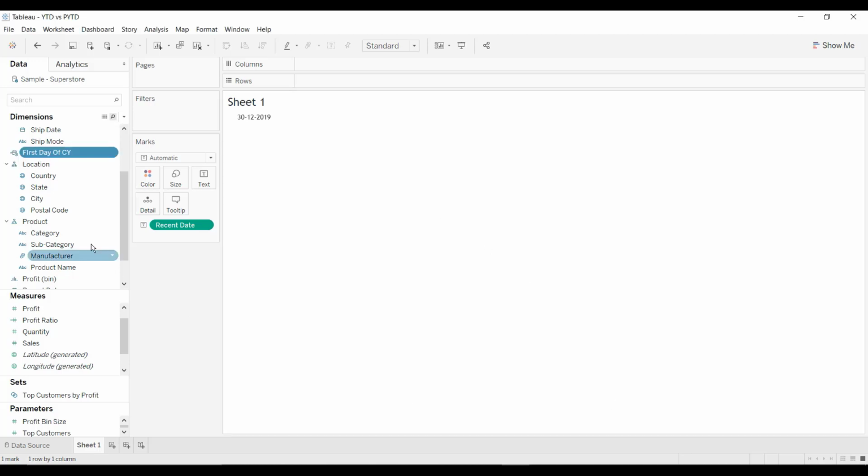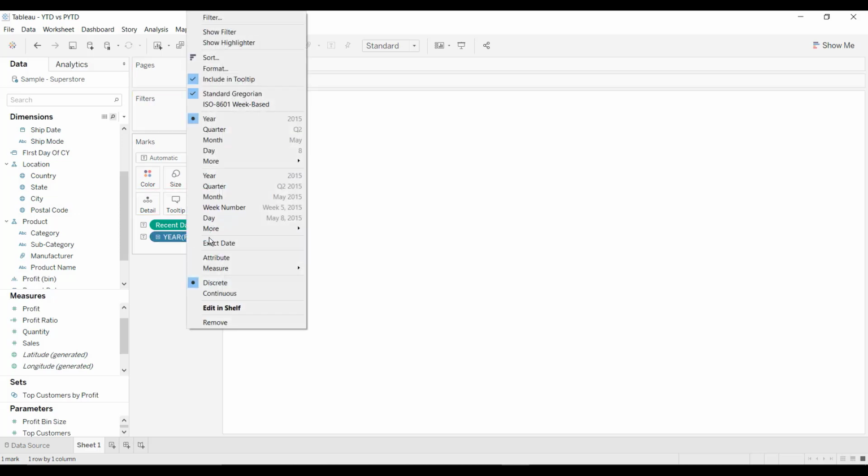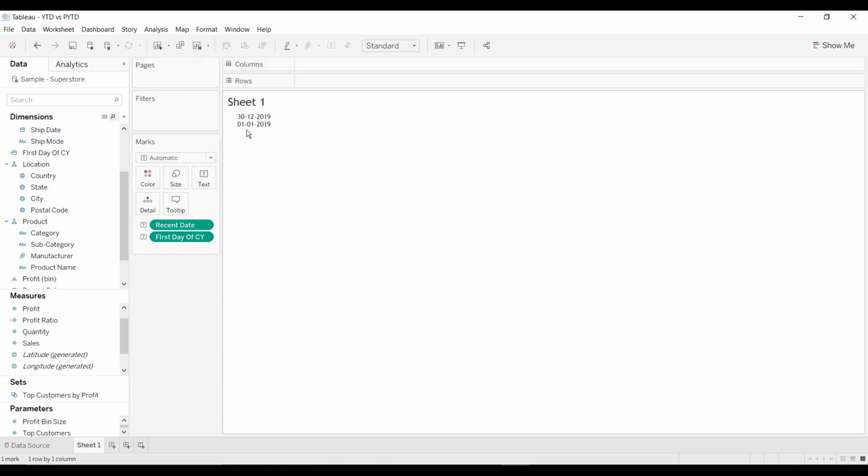Click on OK. Convert the data type into date, and drag and drop it inside text, convert it into exact date to see what the value is. So 1st Jan 2019 is the first day of my current year. So these two calculations are for current year till date.